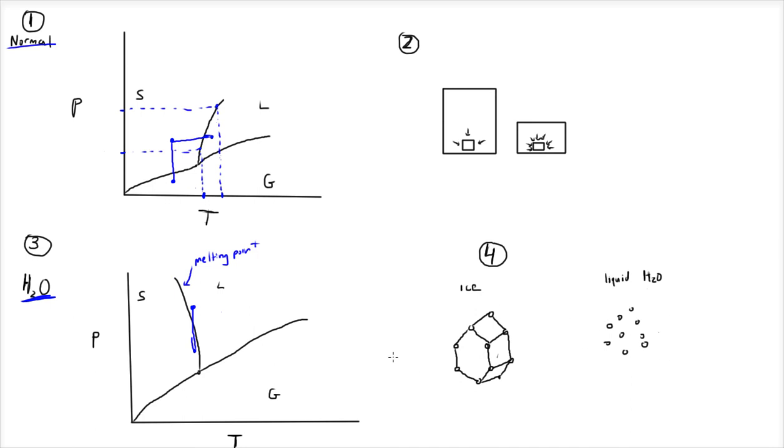And remember, that is why ice floats on liquid water, because it's actually less dense, because the same number of molecules occupy a larger space, so it